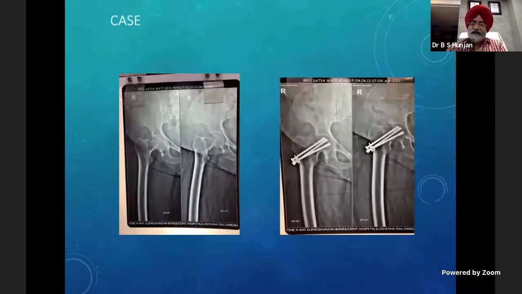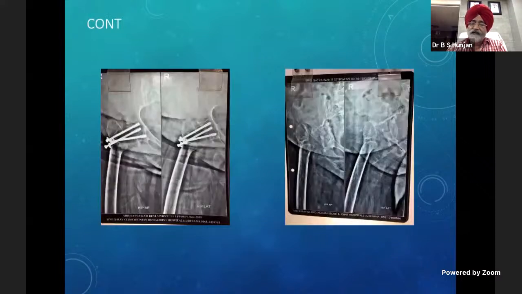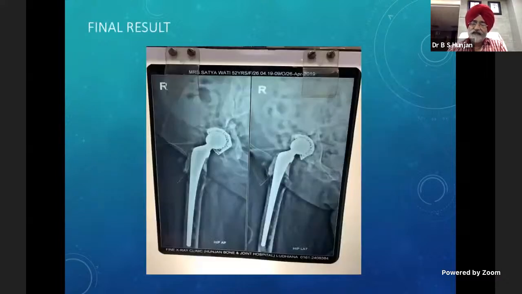Now, this is one case where I'm going to show the acetabular deficiency. This was a case of intracapsular fracture of the neck of femur. It was fixed with 3 screws, and it ultimately went loose and went into non-union. The head was resorbed, and ultimately there is a deficiency of the acetabulum on the medial side. Now, this was ultimately treated with a mesh, and a cemented THR was done with a long stem.